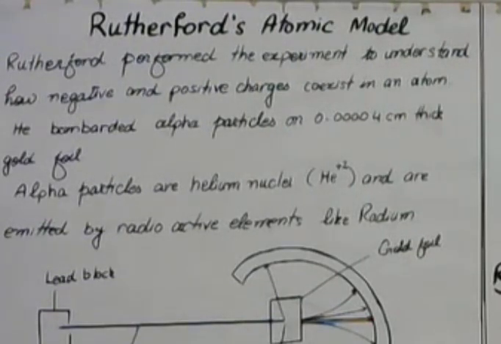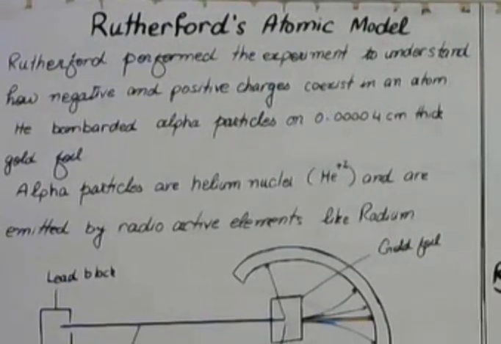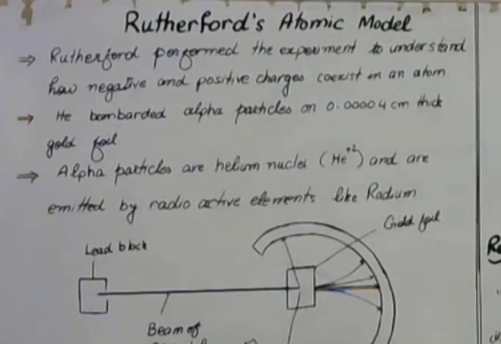Before studying Rutherford's atomic model, we have to discuss the plum pudding theory that was presented by J.J. Thomson, in which he postulated that atoms are solid structures of positive charge with tiny negatively charged particles stuck inside it like plums in the pudding. Later on, Rutherford presented another experiment to explain the structure of the atom.